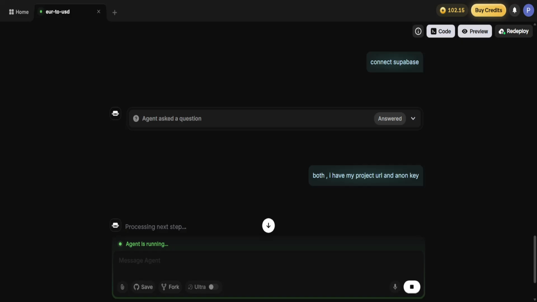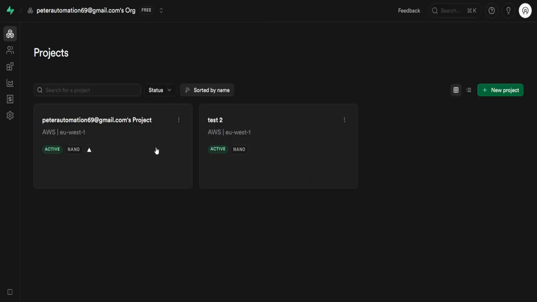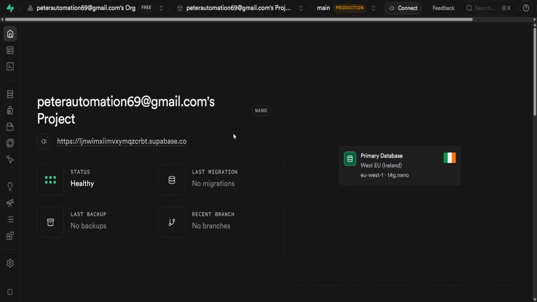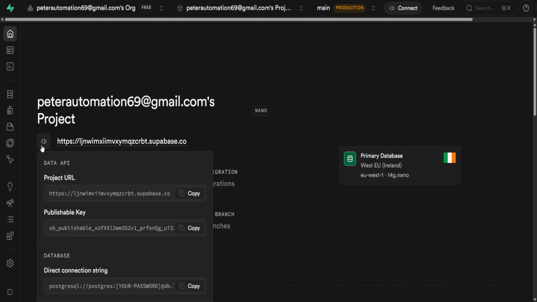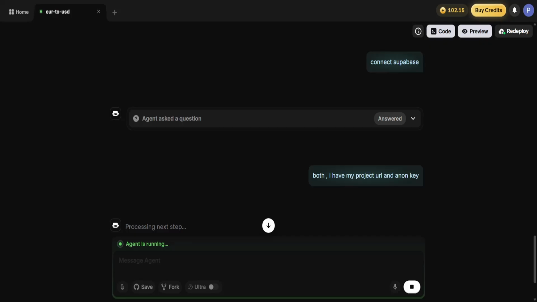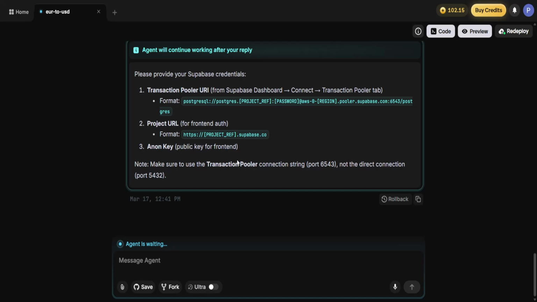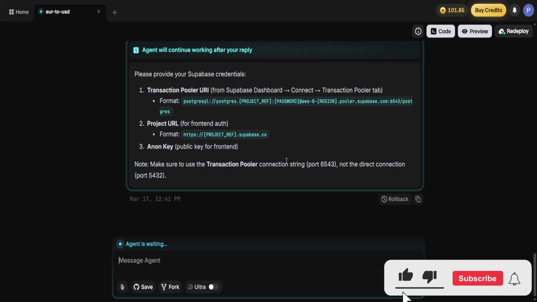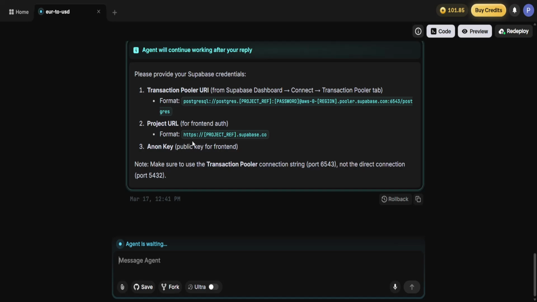Now, while we wait here, you will go to Supabase, and now you want to find the project which you are trying to open. And here, if you scroll or hover over the plug, then you can copy the project URL. So we're going to copy it. Okay, so here we will need to paste it. So transaction pool connection, not direct connection. Okay, so